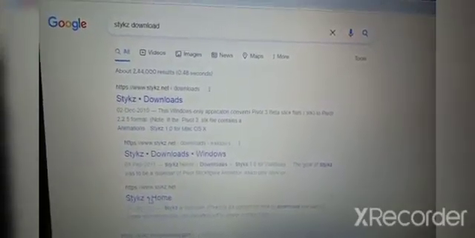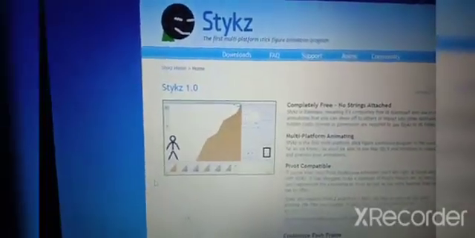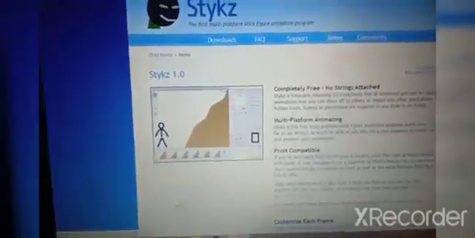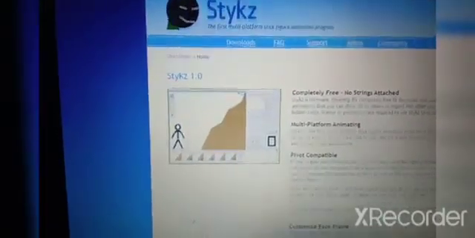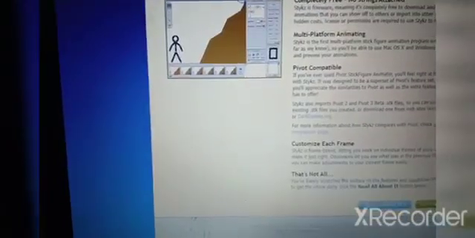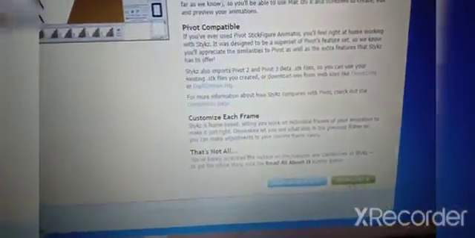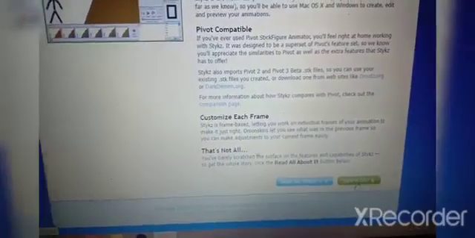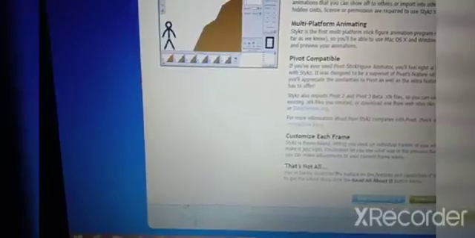I clicked on this to download Sticks. Then you get a window like this, and below you have a download option. You just click on this download option, then your file will get downloaded in your download folder, and then from the download folder you have to run that file.